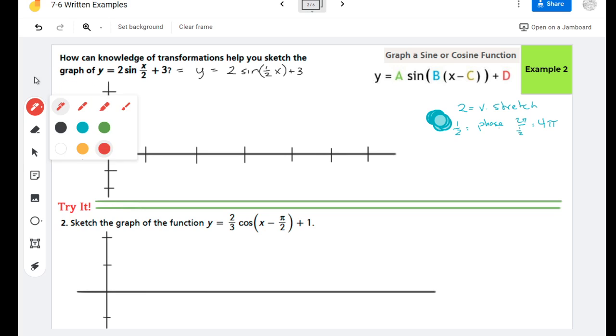And then that plus 3, oh, why am I changing colors? So then that plus 3 is going to make everything go up by 3. All right, so there's our 3 numbers that are here, and that tells you our 3 things that we need to look at. So my first thing, I need to make sure my graph is long enough